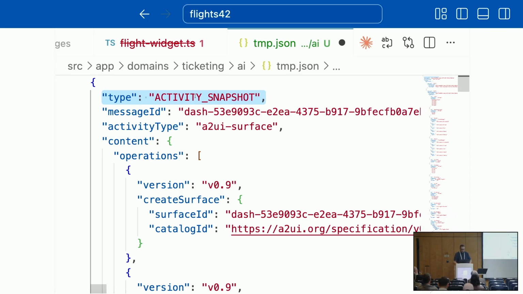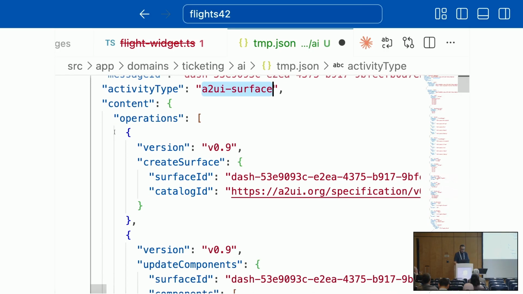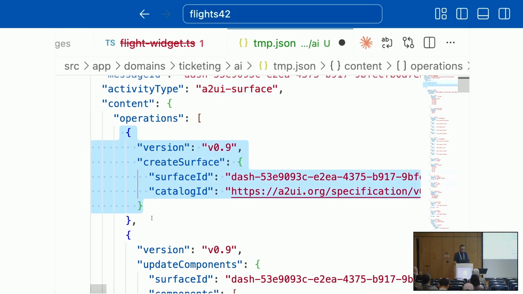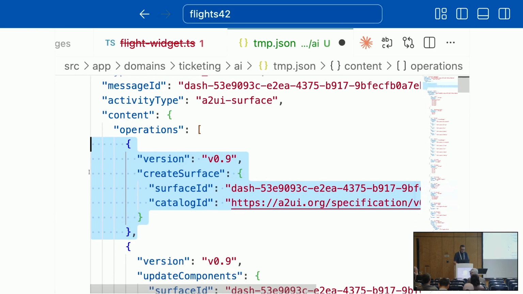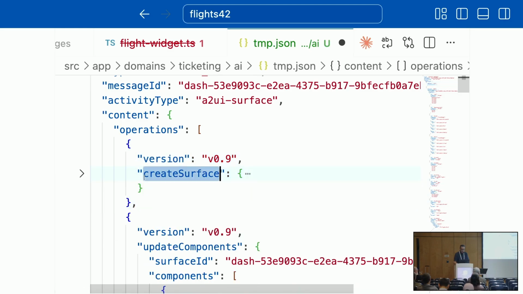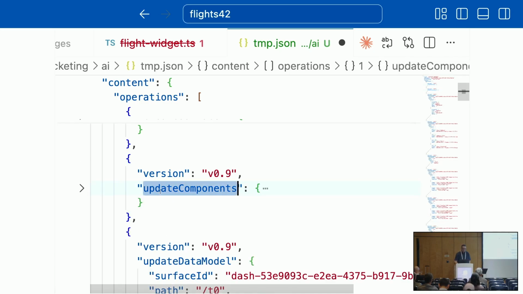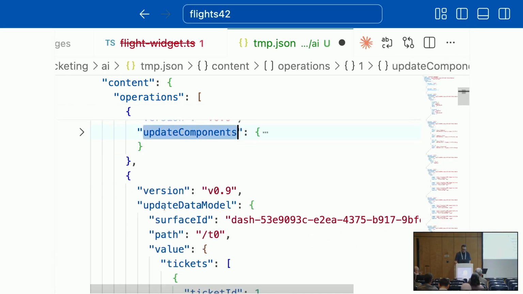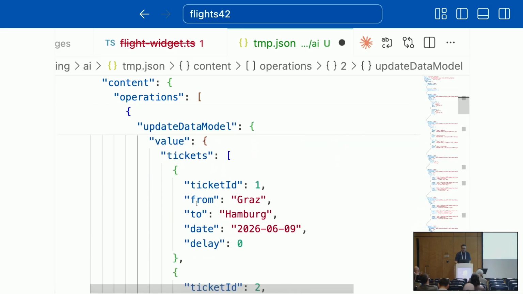AGUI activity snapshot, it's an A2UI surface. And in the content of this, we have all those operations defined by A2UI, like create a surface, create an empty surface, or update the surface with these components, or update the data model with those tickets here.